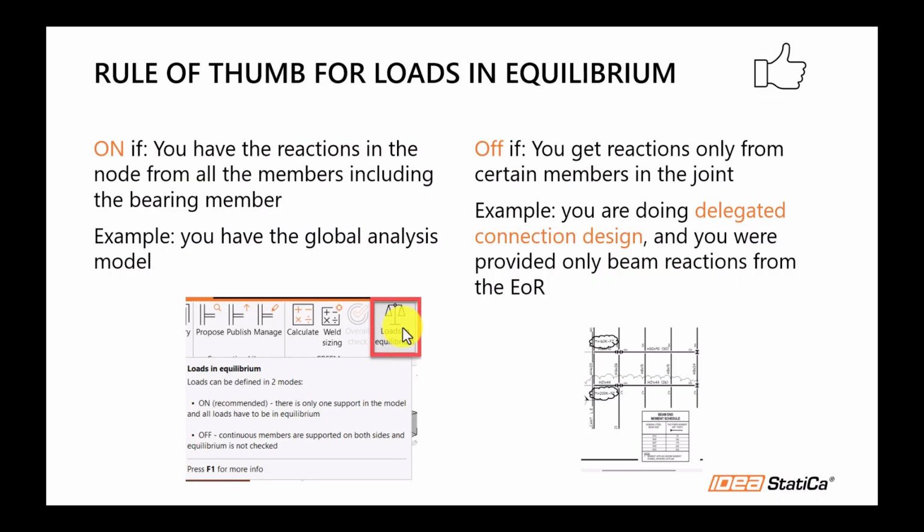An example is that you have the global analysis model and you have all the results from it. So you have the reactions also in your support member, for instance, a column. Then my suggestion is that you keep it off because you are doing just delegated connection design, and you're only provided by the beam reactions. You don't have any information about the column or your support member. You just get the moments or shear forces from the members, and then in that case I suggest keeping it